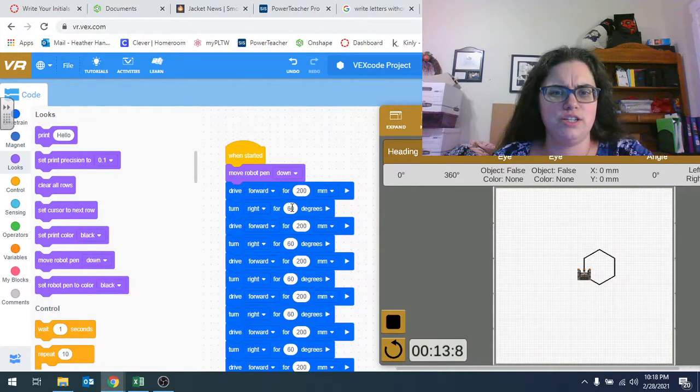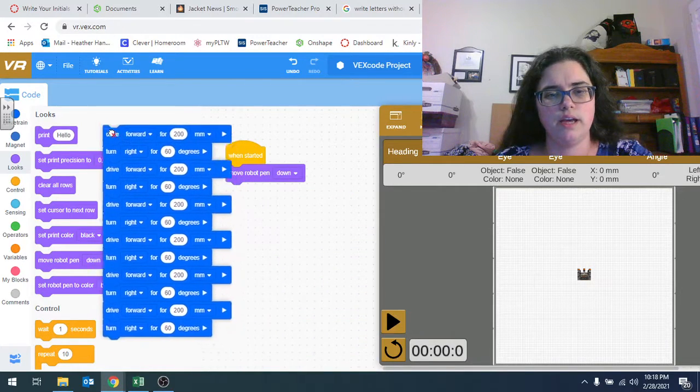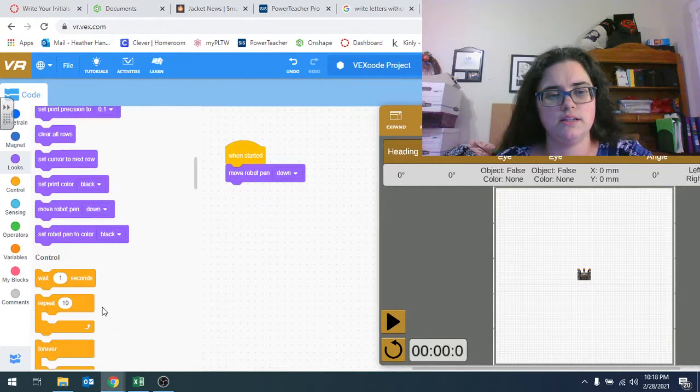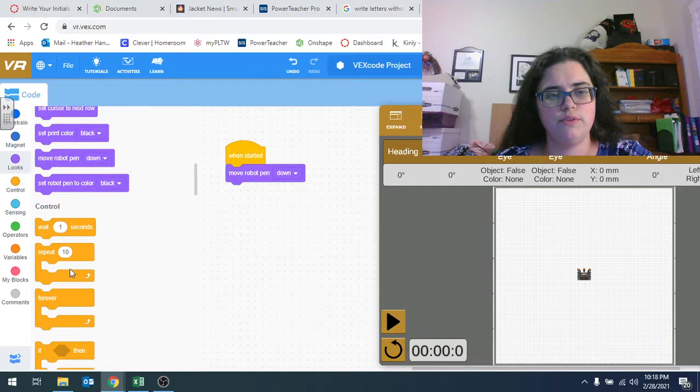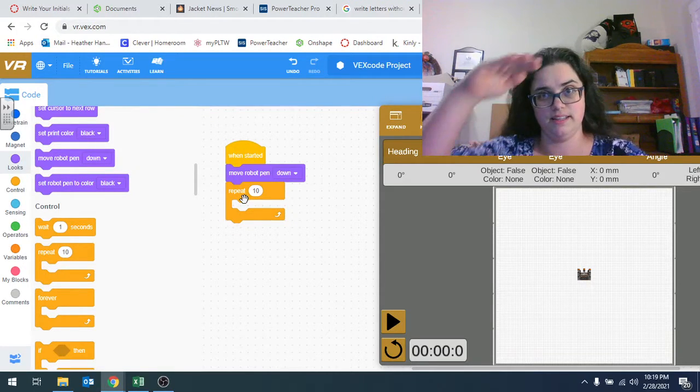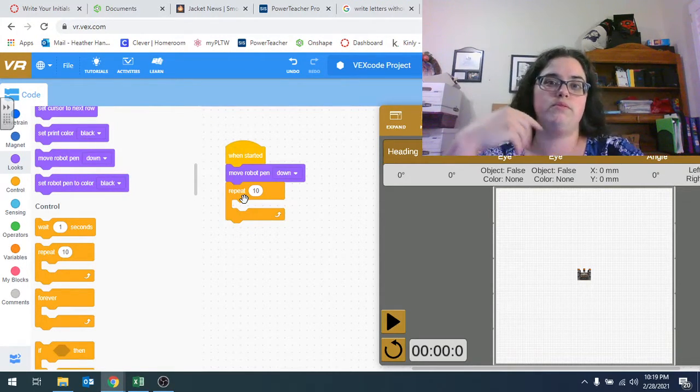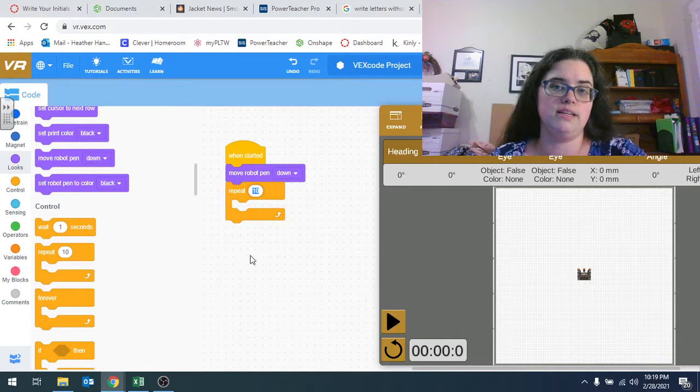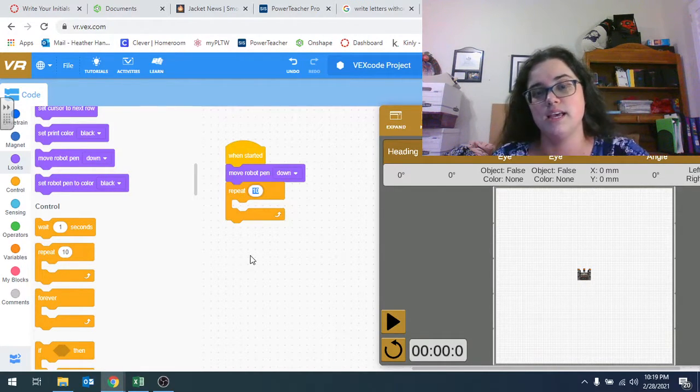And what if I want to change all these degrees, but I don't want to reset everything? It's going to be really annoying. You know what you can do? You can do a repeat. Anything within this box right here, in the jaws of it, will be repeated, and you can change how many times it goes. So I can say 10 times. I can make myself a regular